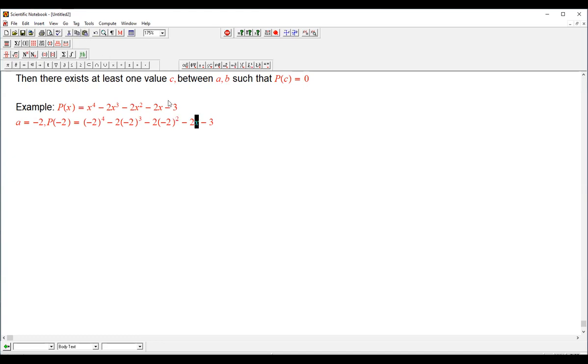Every x replaced by -2. What do I get? Okay, so we're going to evaluate it. Just be patient, so you understand the process. P of -2,